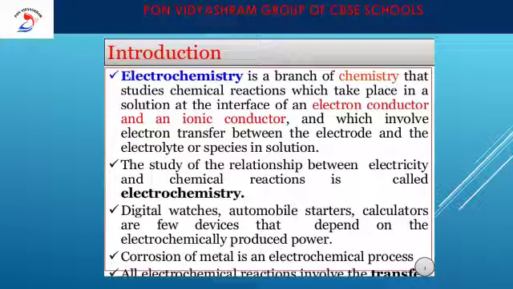Now, the next point is what is non-spontaneous reaction. The reaction will carry over with spending a certain amount of energy. Without external energy, the reaction will not carry over. So, we have to provide an external source of energy. If the external source of energy stops, the reaction will not continue. For this, delta G value will be positive. What are the examples?